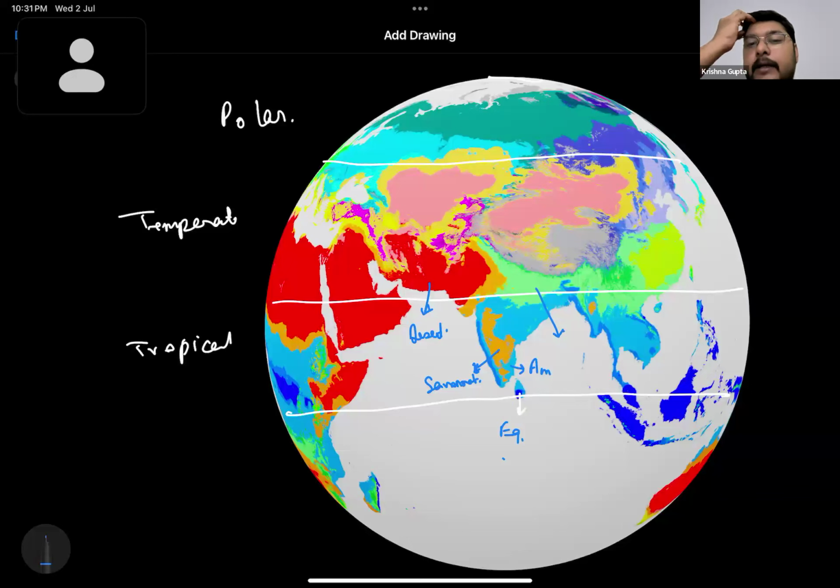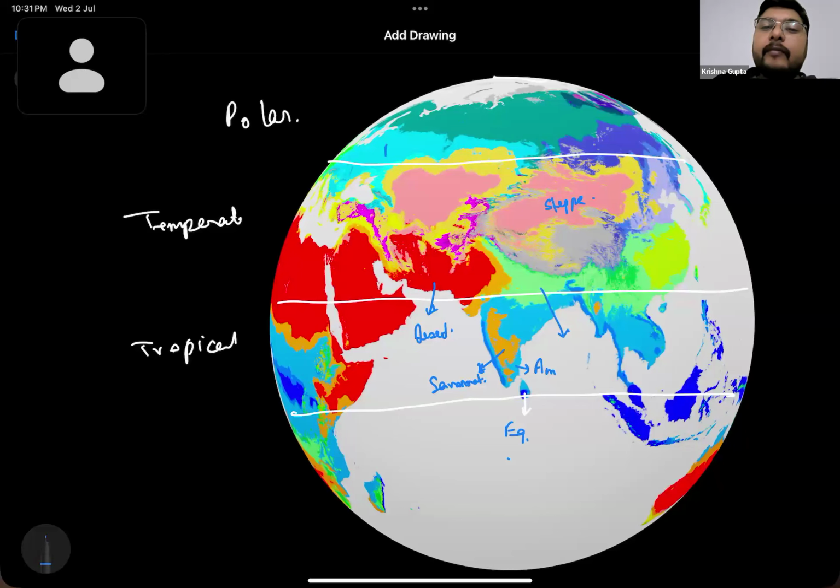Okay, so under this we can see that we have various types of climate. This is steppe. Okay, then here we can say this one is boreal, or we can say it is AT, and here we have EF. Okay, so on the basis of this, we have various types of climates which are present over the different parts